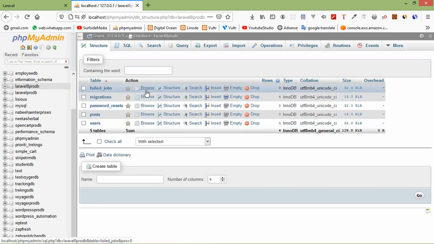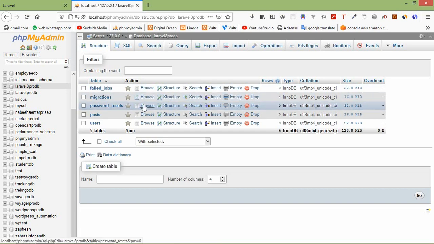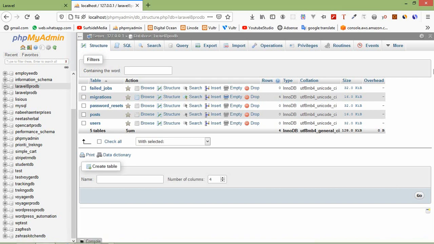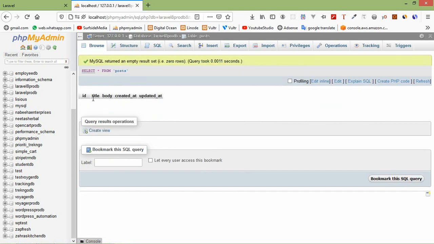Okay, these four tables are Laravel default migrations, and the migrations table takes care of all the migrations. Okay, and this is the posts table. Now just click on browse and here you can see the columns id, title, body, and created_at and updated_at.